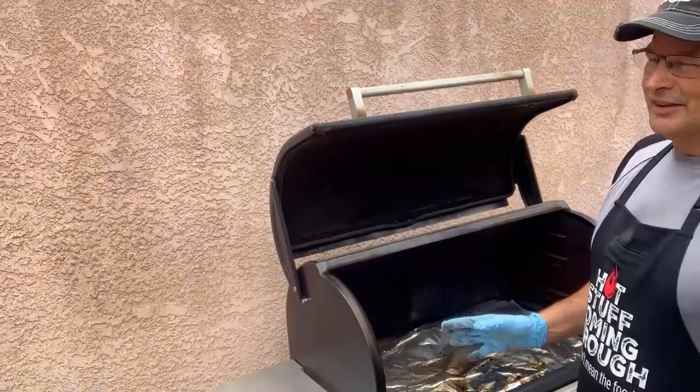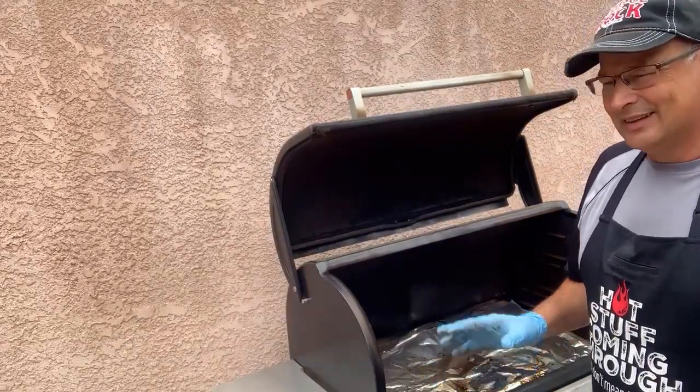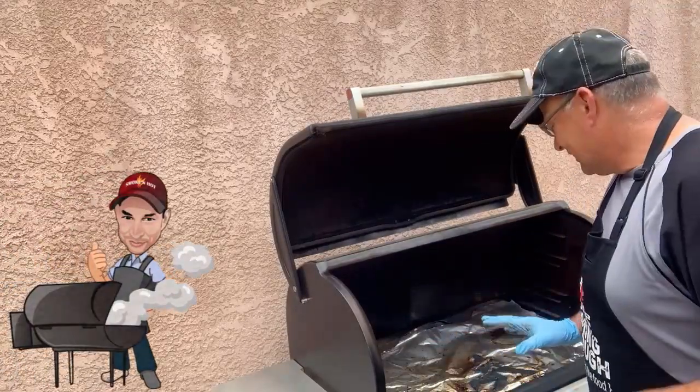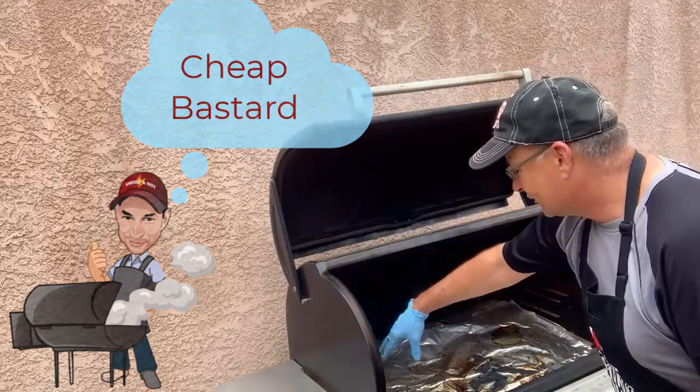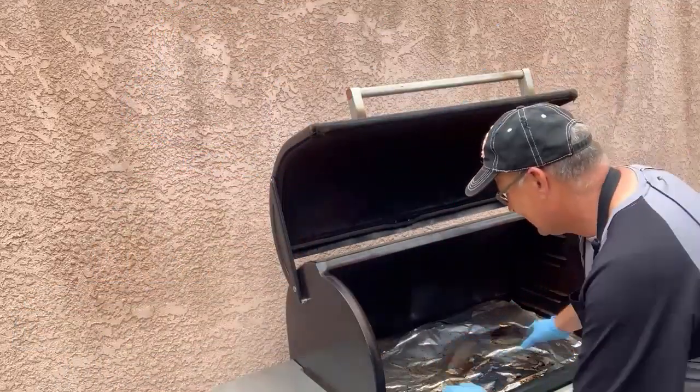But the liner's a little expensive, I think. I think a little overkill on that, but that's okay. I'm just gonna put a foil over the top of it anyway. After I knocked all that off, then